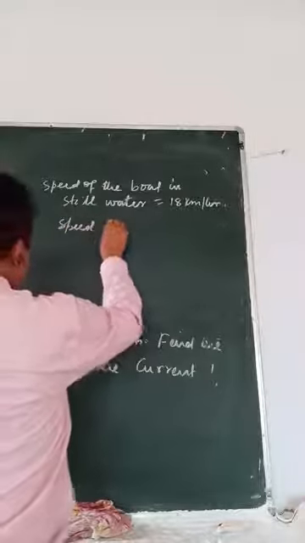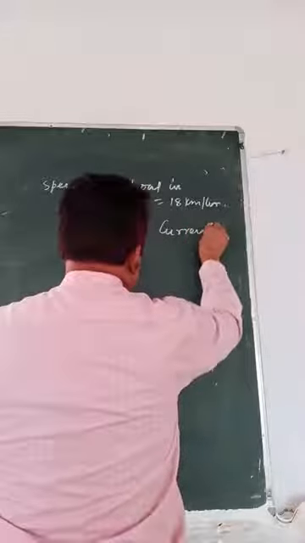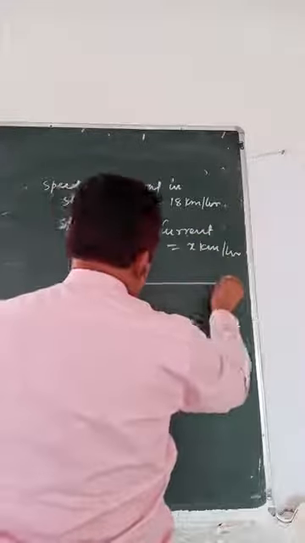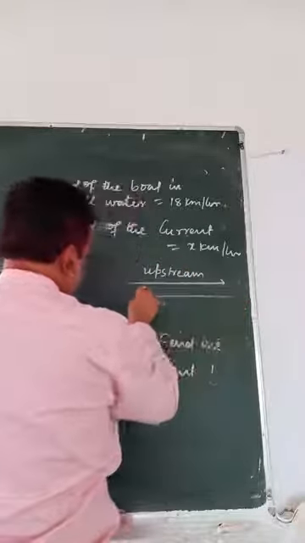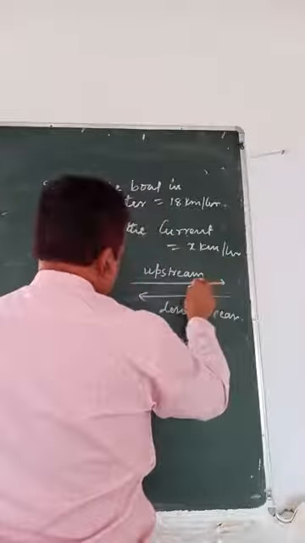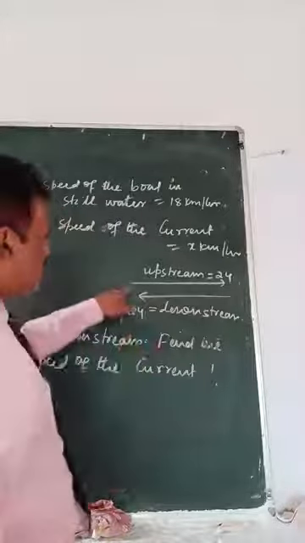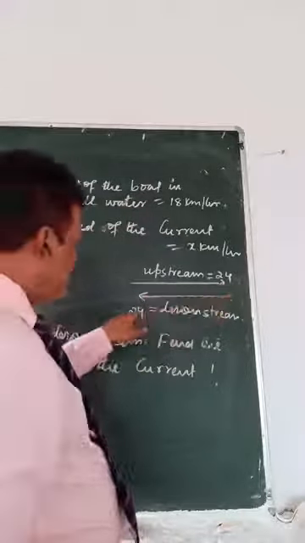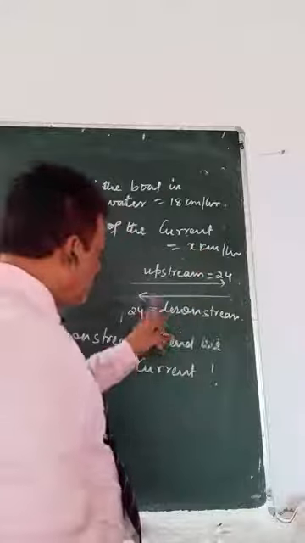is x km/h. So it will go in upstream, it will come back downstream. Means it will go 24 kilometers here, it will come back also 24 kilometers. Means it will go from here to here and come back. That means it is going 24 kilometers, coming back 24 kilometers. So for upstream it is taking 1 hour more than the downstream.